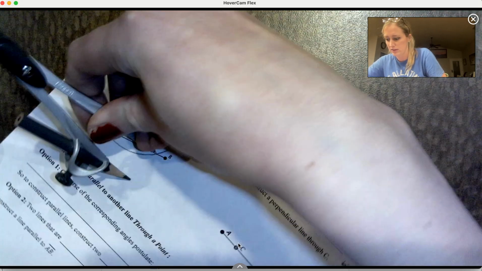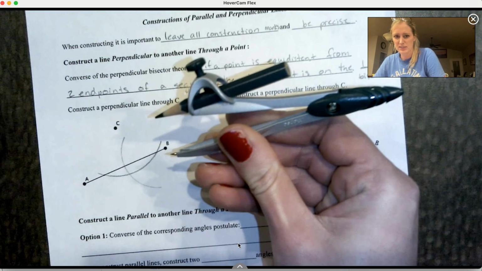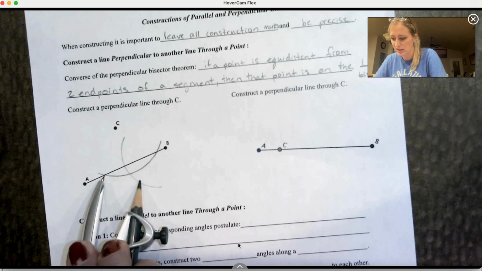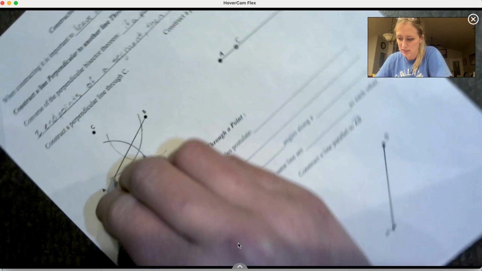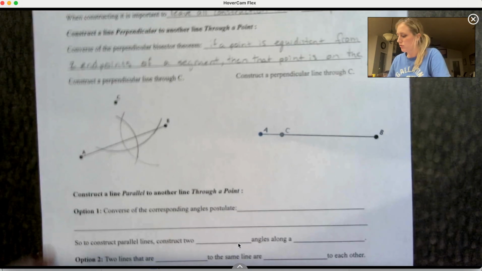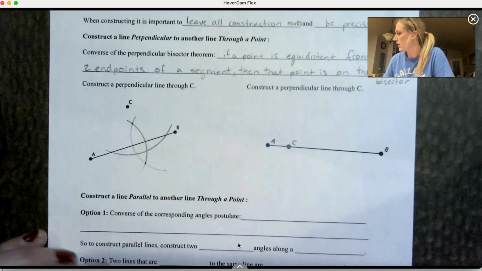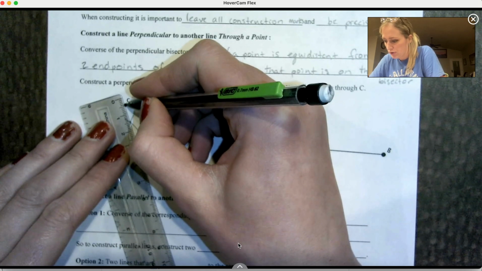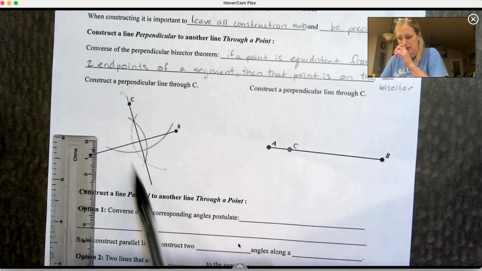I'm going to move the paper to make it a little easier for me to be precise. Big sweeping arc. Okay, keep your compass exactly the same, but now I'm going to put the pin on this intersection, and I'm going to create that same arc going the other way so that it crosses the one I just made twice. Oh, and sorry, my paper's hitting my camera here. There we go. Okay, so those two intersection points, here and here, now I can use my straight edge, and it should go through C as well. So I'm going to connect C through those two intersections I just made,